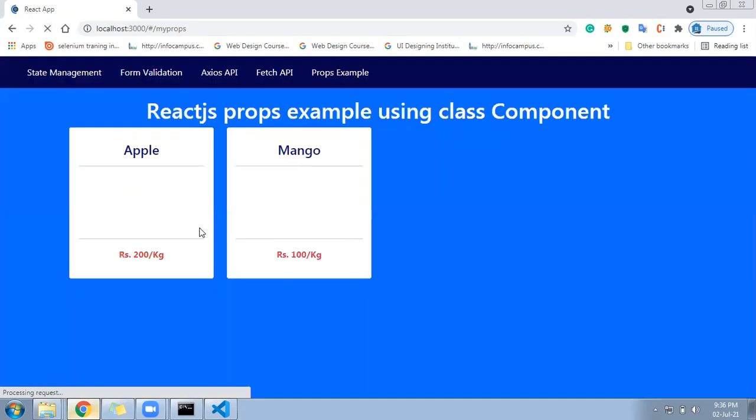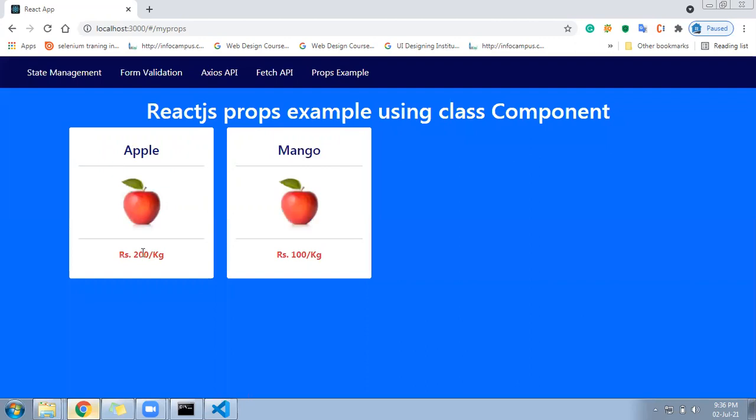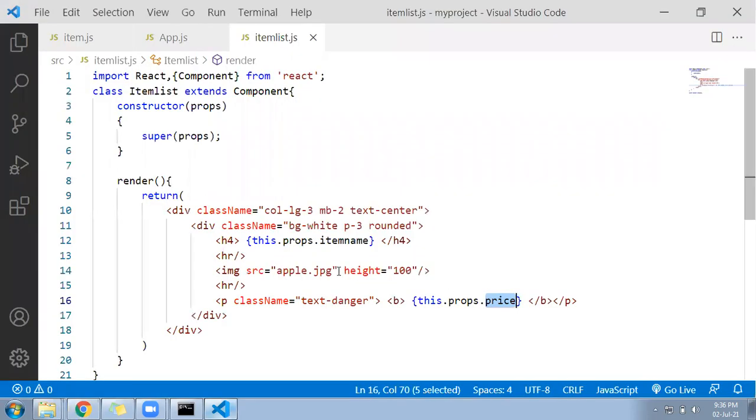Awesome. See, it's coming. One place apple, 200. Another place mango. How much? 100 rupees, right? But the photo is still not changed. Let's come back and change the photo as well. Here is the photo. We can write here